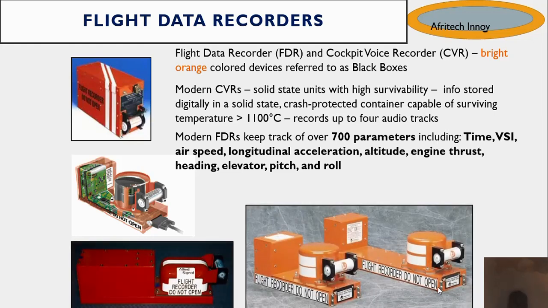Modern FDRs keep track of over 700 parameters, including time, vertical speed indicator VSI, airspeed, longitudinal acceleration, altitude, engine thrust, heading, elevator, pitch, and roll. You can see examples of these FDRs as demonstrated in various aircraft,